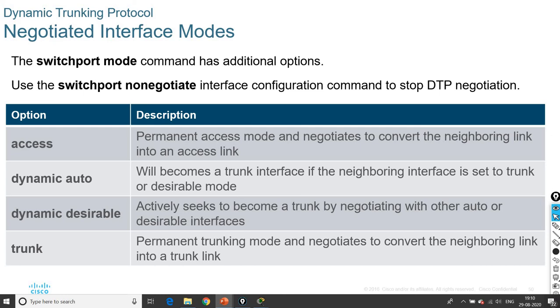Access is for permanent access mode, and dynamic auto becomes a trunk interface if the neighboring interface is set to trunk or desirable mode here. Next one is dynamic desirable, which actively seeks to become a trunk by negotiating with other auto or desirable interfaces here. And for trunk, it is permanent trunking mode, and it negotiates to convert the neighboring link into a trunk link here.